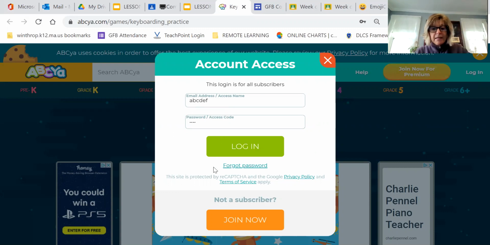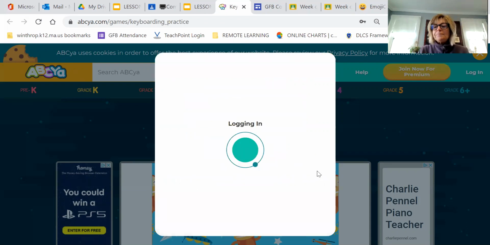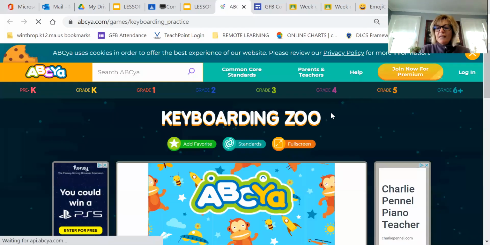A, B, C, D, E, and F. And your password is READ, which is R-E-A-D. So you might need your grown-up to help you with that. Notice the password, boys and girls, you can't see it. It's protected. Passwords are supposed to be a secret. We don't share them with everyone. So that's why they come out as little stars or little dots. But it's READ, R-E-A-D. And then you simply press login,